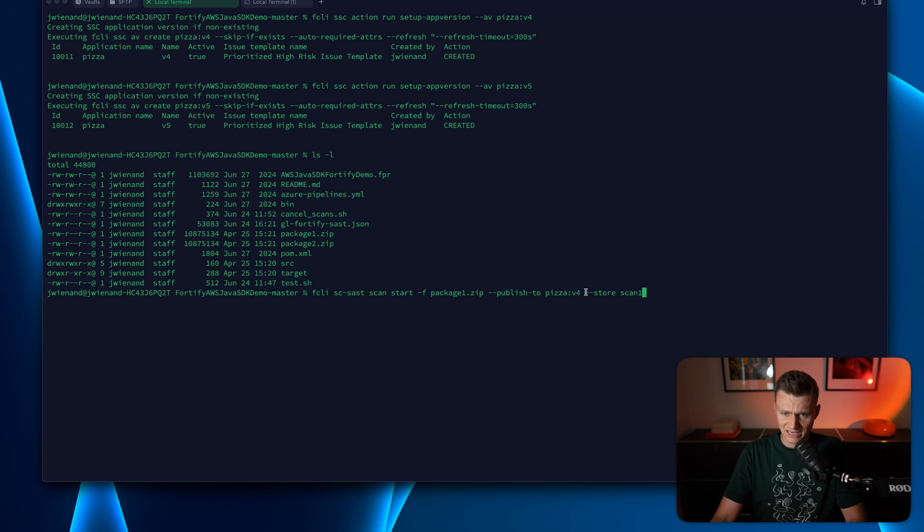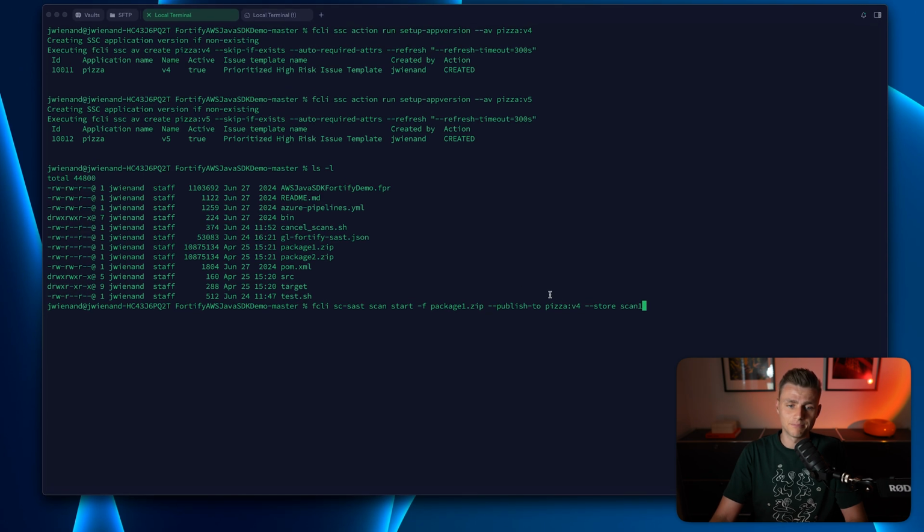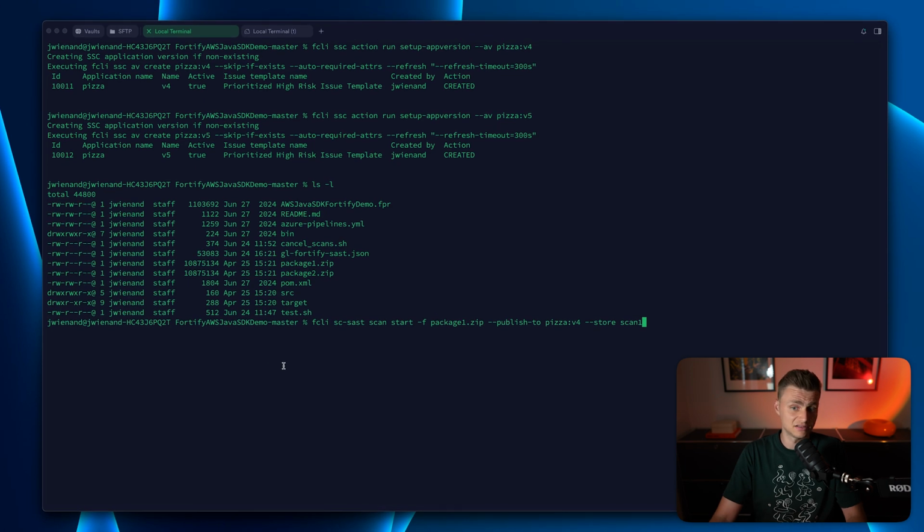And last but not least, we also want to store everything that we will get back when we start the scan, like the ID of the job, in a variable called scan1. If you are already familiar with fcli, you know it is possible to store information in variables that we can then use later. And I will also explain why we do that,